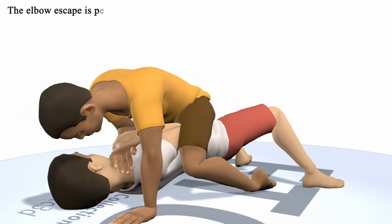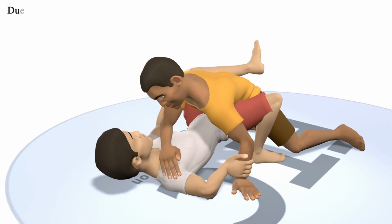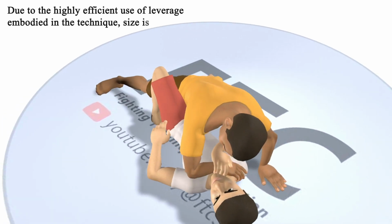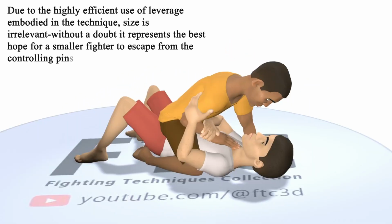The elbow escape is perhaps the single most important move for the man on the bottom in Brazilian Jiu-jitsu. Due to the highly efficient use of leverage embodied in the technique, size is irrelevant. Without a doubt, it represents the best hope for a smaller fighter to escape from the controlling pins of a